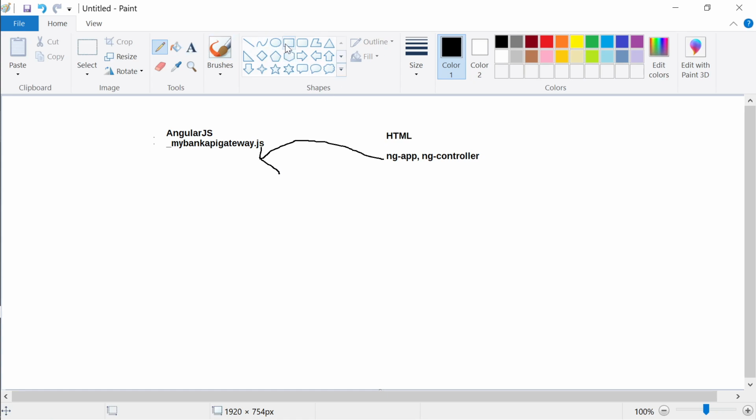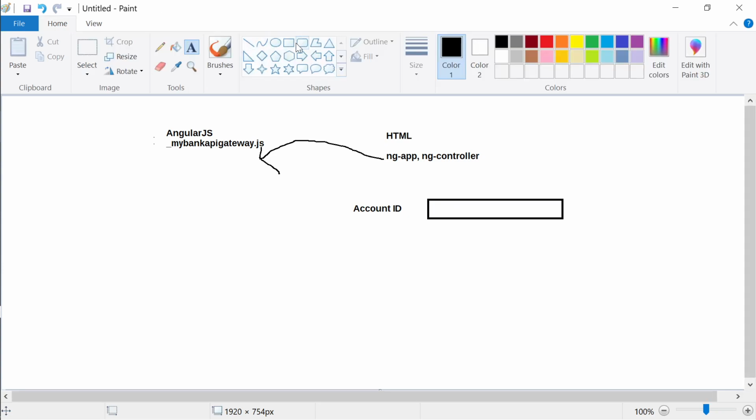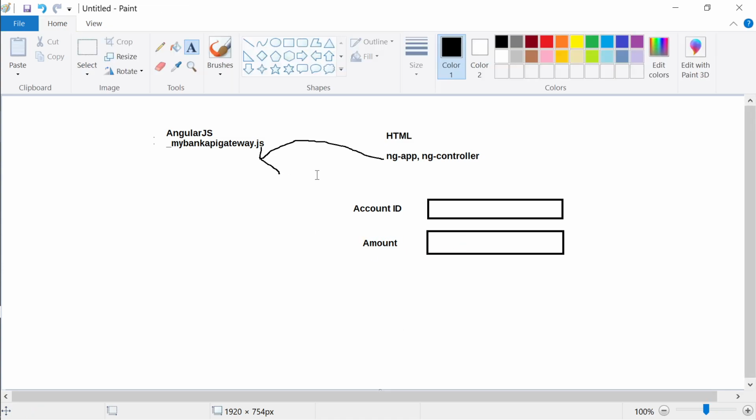Then in the front end, what all was there? One text box for the account name, account ID. And there was another text box for the amount, in case I want to add money or remove money. I tied this to the application too.